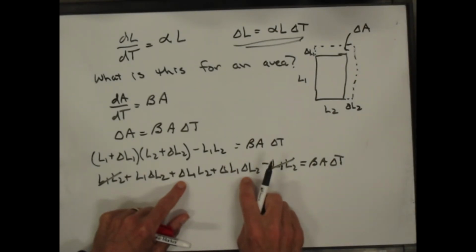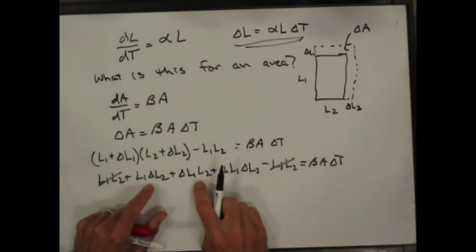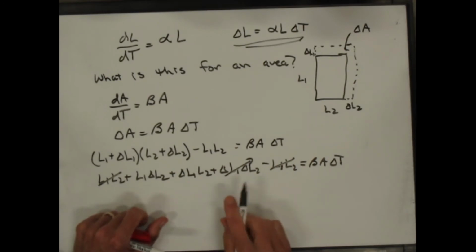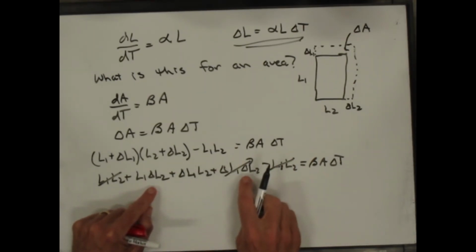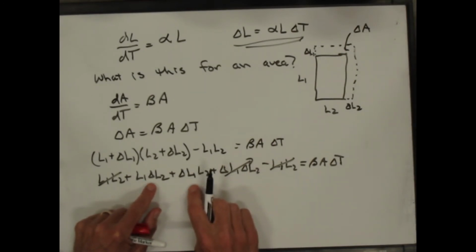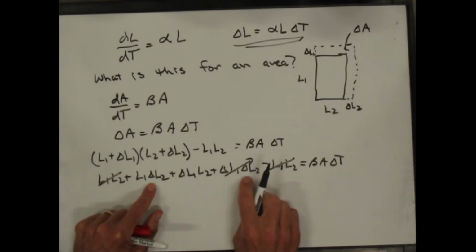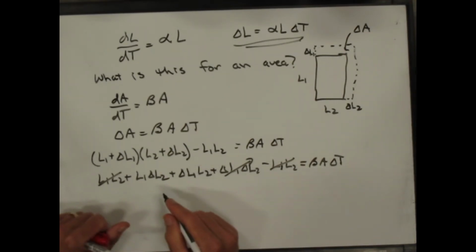And we're going to say, look, this is a calculus argument here. Since delta L1 is much, much smaller than L1, and delta L2 is much, much smaller than L2, we're just going to cancel this term out, neglect that term. And we can say in the limit as delta L gets small, this term is negligible with respect to these, because in the calculus type argument, delta L squared is much smaller than delta L. And so this gives me